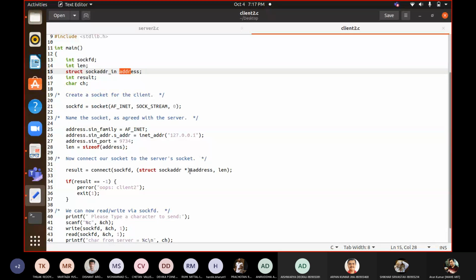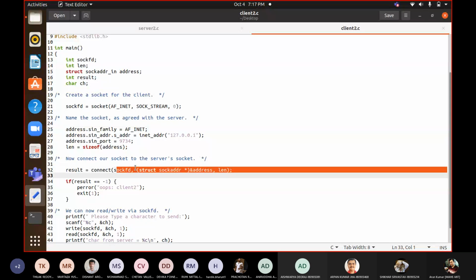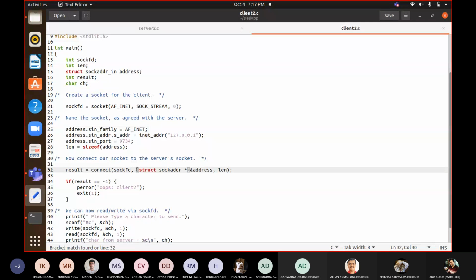So the second thing is that after creation of the socket, you are using the connect system call. In the connect system call, first is who wants to connect, that is, which socket wants a connection. So this is the client side socket file descriptor. The second argument is a pointer to the address which is holding the foreign address, the server address.